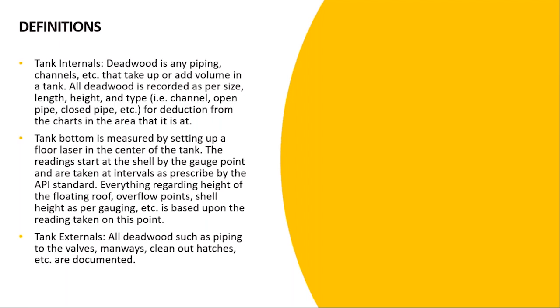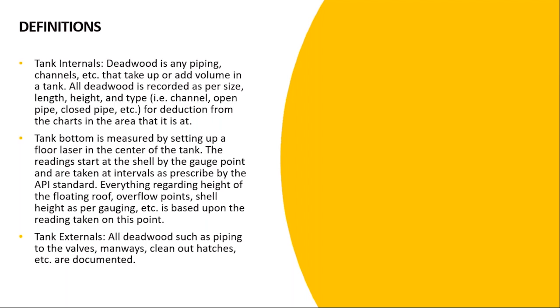So if you have piping, if you have heat exchangers within the tank or heating coils within the tank, that is going to deduct from our actual volume, and that is something that we have to consider when we are calibrating the tank,